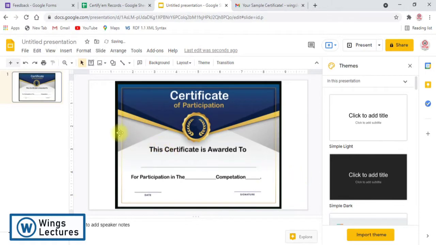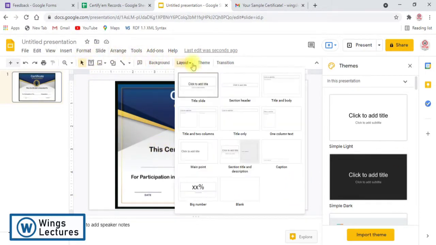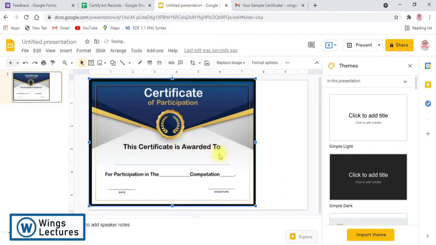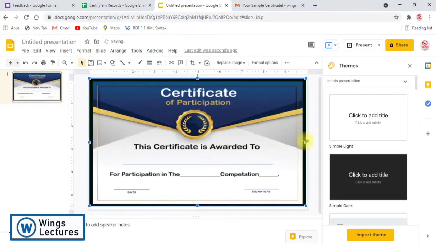Okay, so go to the layout. It's not necessary that you will get that white space. Don't worry about that. If you are about to design a new certificate, your size should be the same as this. Or else if you want to elaborate the size like this, you can do.